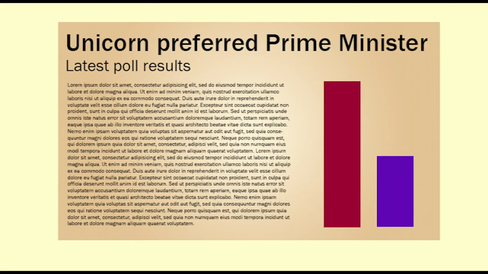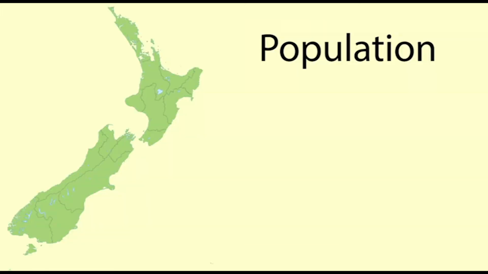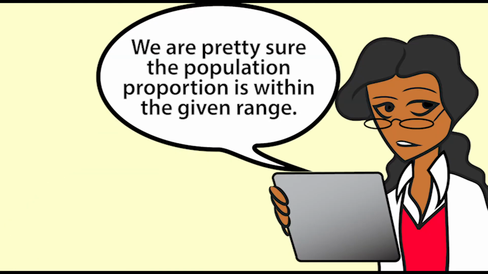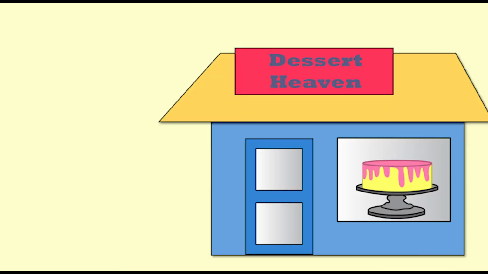It is quite common to see confidence intervals given for proportions for political polls. We cannot usually ask the entire population their opinion on a certain matter or who they would vote for. So we ask a sample of the people and draw conclusions about the population from that sample. We use a confidence interval to report the range within which we are pretty sure that the population parameter lies.